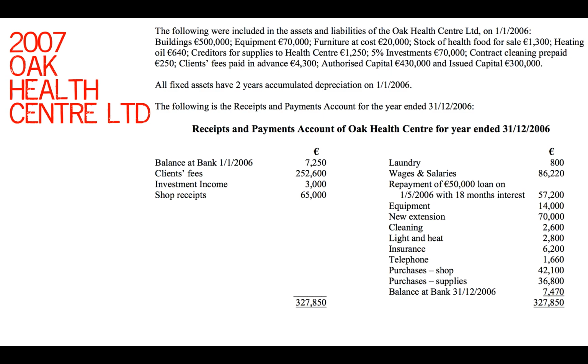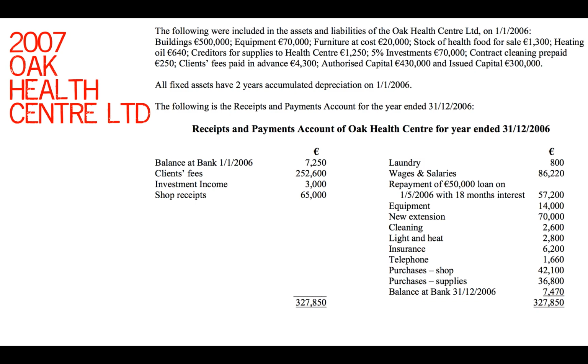Question 7 here is on Oak Healthcare Centre. The following were included in the assets and liabilities of the Oak Healthcare Centre Limited on the 1st of 1st 2006. Buildings €500,000, equipment €70,000, furniture at cost €20,000, stock of health food for sale €1,300, heating oil €640,